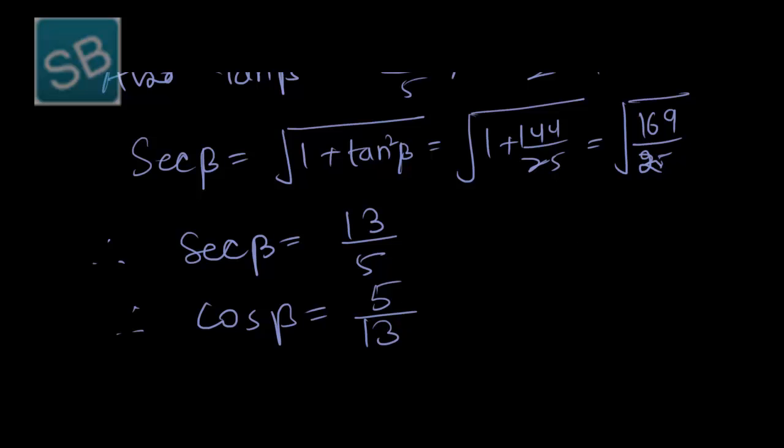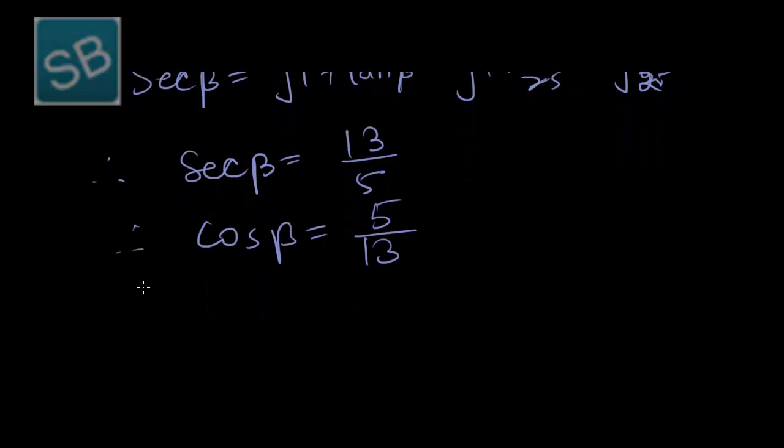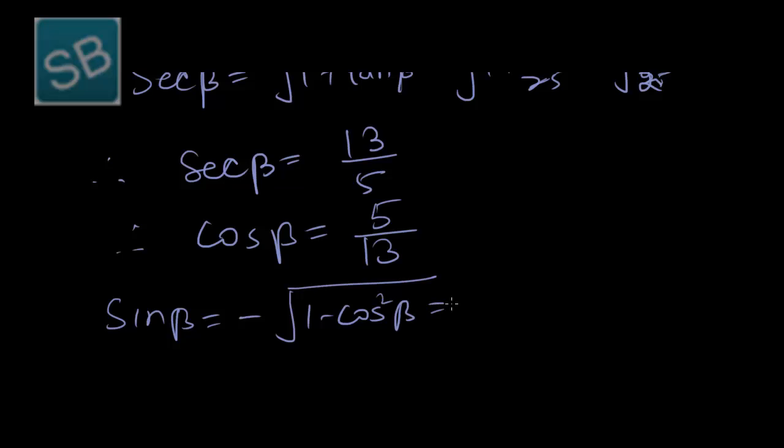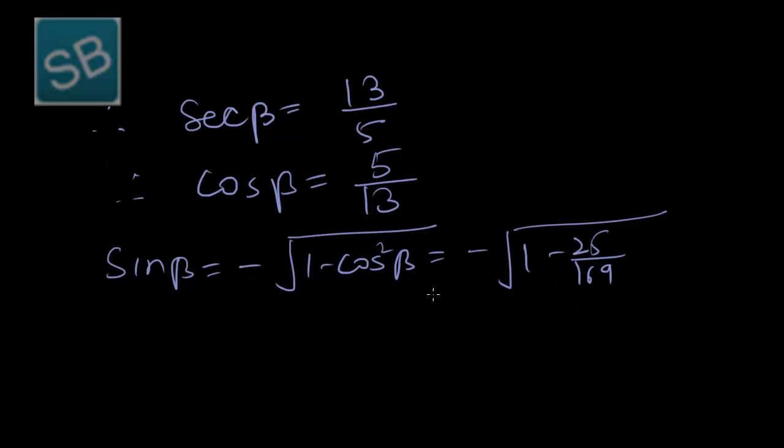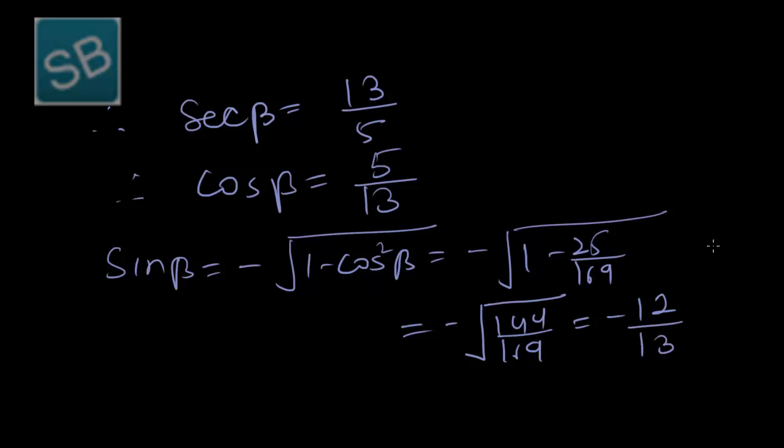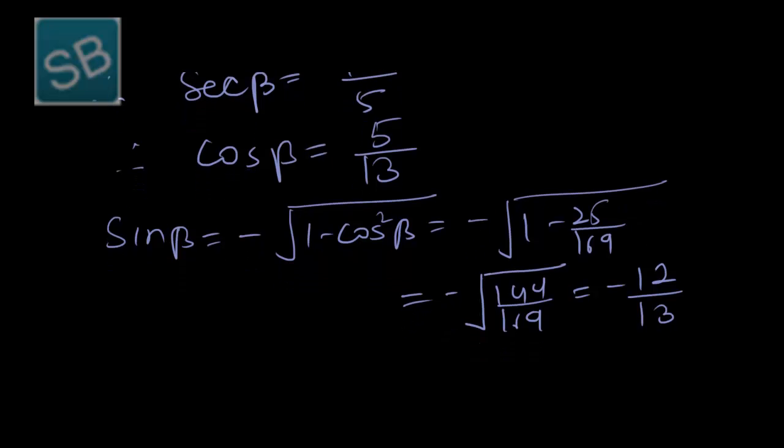So as in the fourth quadrant sine is negative, we get sin beta is equal to negative of under root 1 minus cos square beta. That is negative of under root 1 minus 25 over 169. So we get minus of under root 144 over 169, that is minus 12 over 13. So we get sin alpha, sin beta, cos beta. Therefore from number 1,